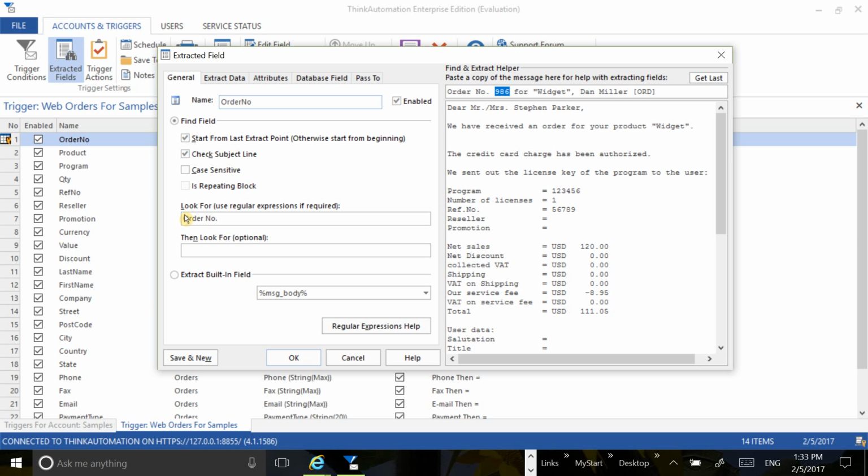Let's go to this particular look for expression. This is a regular expression. We're searching for order number. So the trigger will go ahead, find the subject, and look for this particular regular expression, which is a literal order number. Click. So it will look for it here,